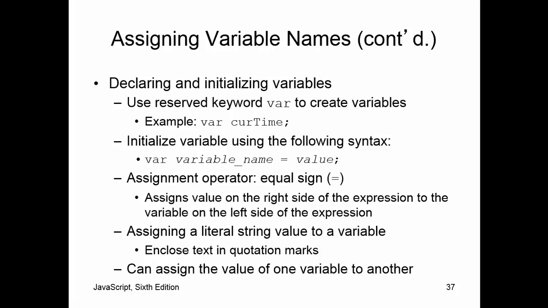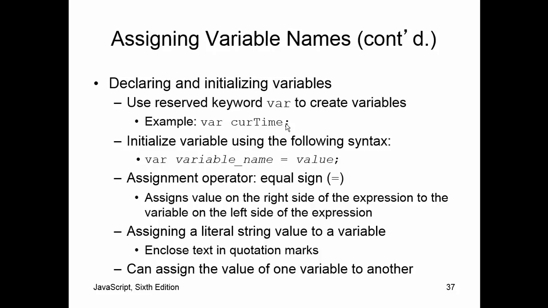I'm creating a new variable, thus the word var, and the name of that variable is cur time, which will be the current time. And notice that the majority of statements that you make in JavaScript, you really should put a semicolon on the end. All right? Now, since I didn't give that a value, technically its value is what's referred to as undefined